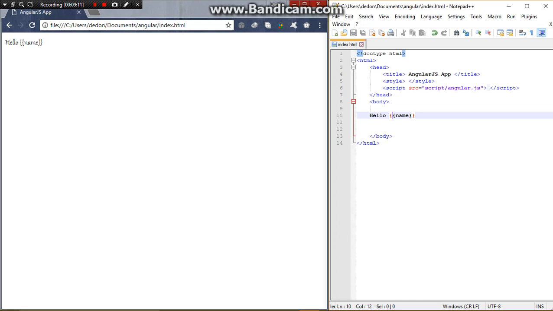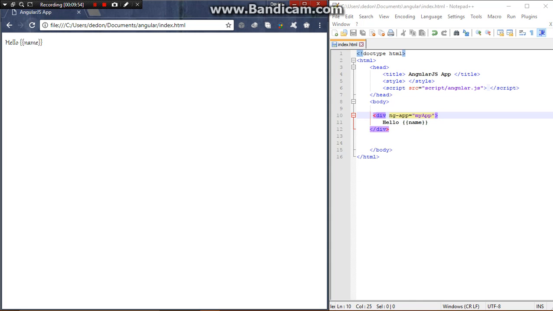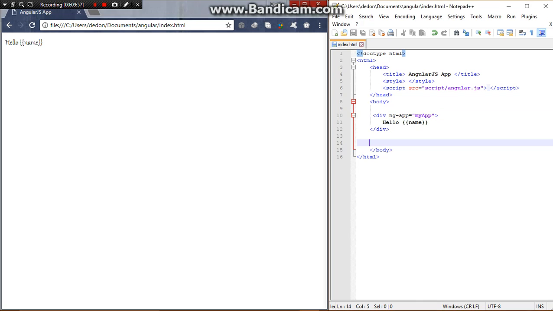Okay, let's decide that we want to have a custom div for this. So here we can say ng-app. This ng-app is a directive. We're going to be talking lots more on directives. Directive is one of the most complex topics in Angular and also very powerful. So this is what you do, ng-app, you can say myApp, right? Now from here is where Angular starts, or Angular bootstraps itself. Bootstrap is the starting point of AngularJS. So after that, let's go ahead and refresh. We refresh and still nothing, right? Because we haven't